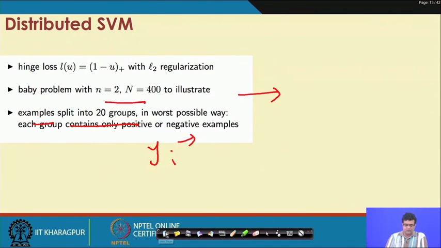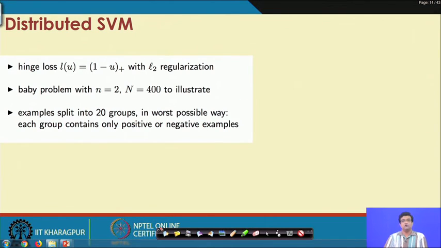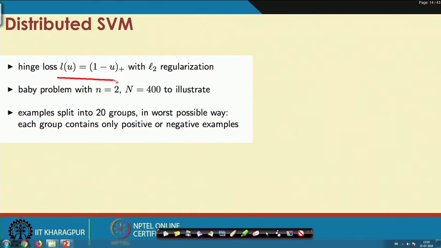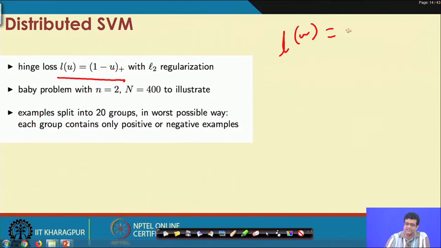So this is a simple small toy problem which is taken from Stephen Boyd's slides. Let us say that this loss function is hinge loss, which is basically L of u is nothing but the positive part of 1 minus u, that is max of 1 minus u comma 0.